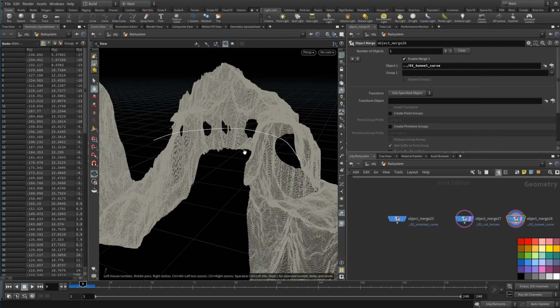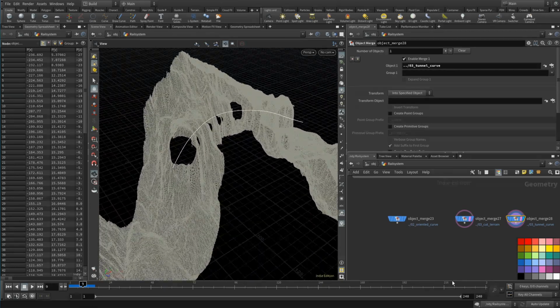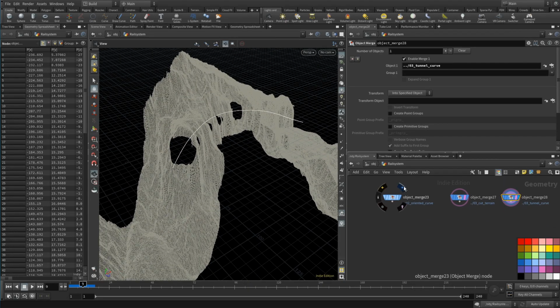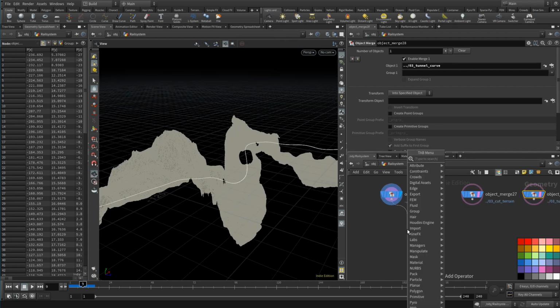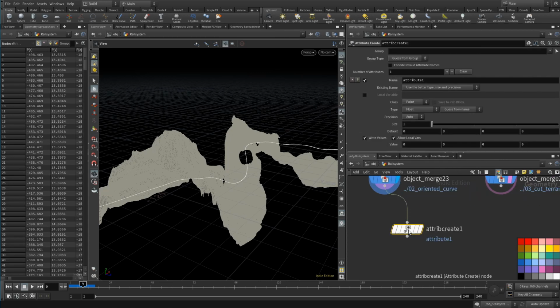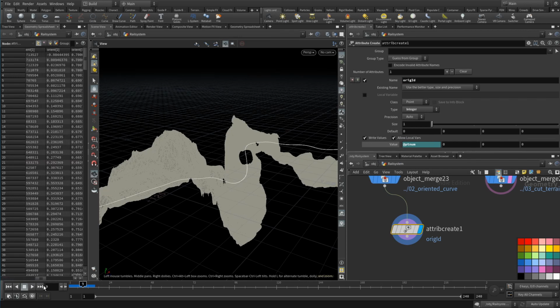I'm going to run through the individual pieces of the curve in a loop. Each iteration will start to count its points from 0. That means I need an attribute to remember what their initial point number was. For that, we can use the attribute create node. This will be the original ID. The class is already on point, and I switch the data type to integer, just like the point number. And as a value, I type in @ptnum. Now each point saves its own point number in that variable.